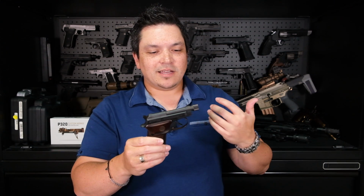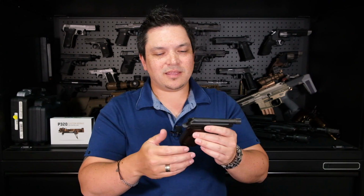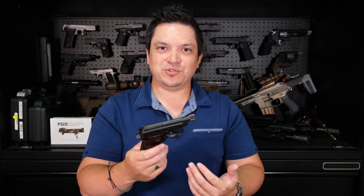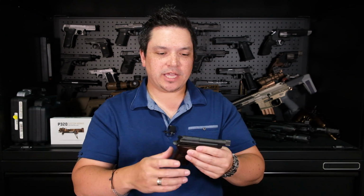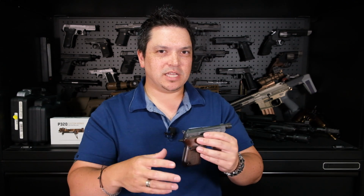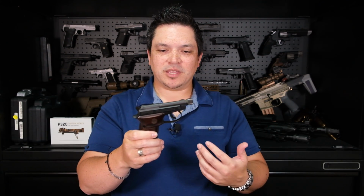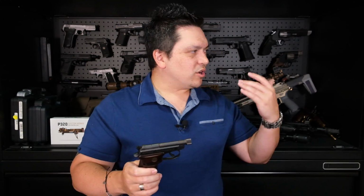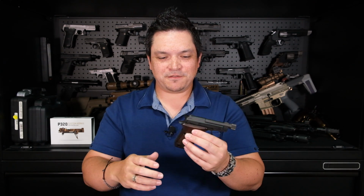But overall, if somebody said, hey, what do you think about this gun? I would probably tell them, hey, in certain cases it's not the most practical of guns, unless you feel that 22 long rifle is exactly what you're looking for. But it shoots great. It is very confidence building, even for a new shooter. I really like everything about the gun, and I was very comfortable, even with all the guns that I have, that I was like, hey, this is something I can add to my collection, and feel really, really good about, and kind of show off to my friends and family